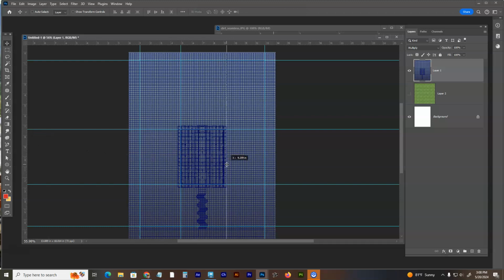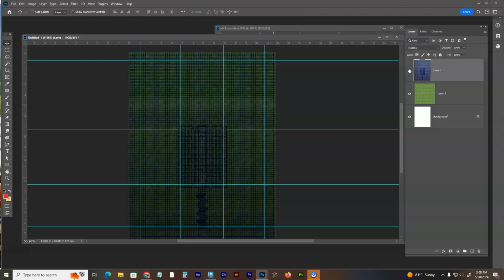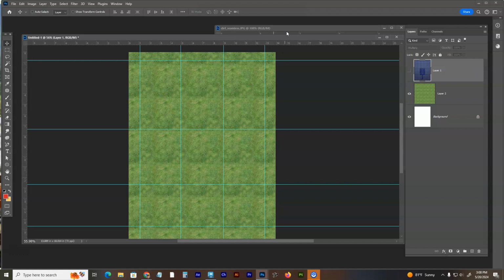Now, all these areas, these border areas, I'm going to paint with a little bit of dirt, because usually grass doesn't go all the way up to the edge of things. It does a little bit, but just as a starting point, let's see if this works. I'm going to paint over the top where I have. It's hard to see. Let's see. Oh yeah, the middle square and then the outer square. Okay, that's where I'm going to paint